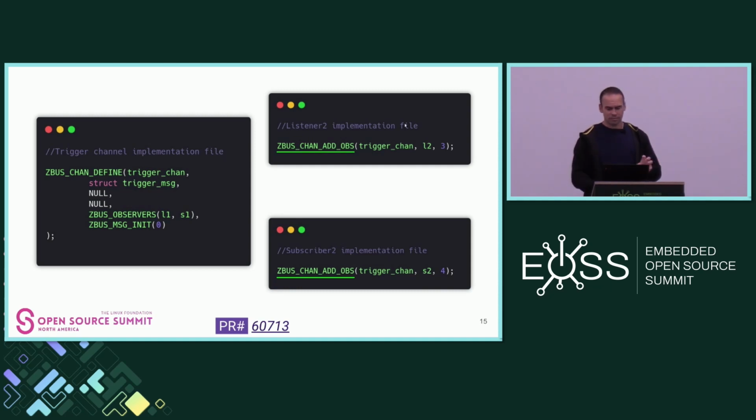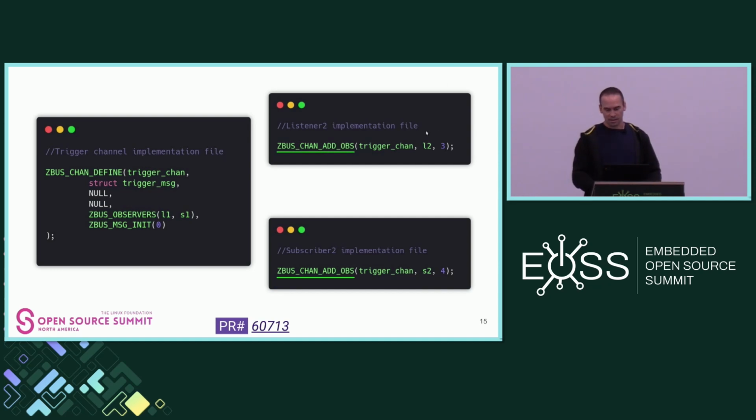Now we can add observers without intervenience of the channel, which is good for modularity and other things that make your code more separated, right?